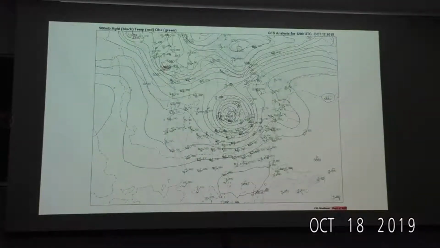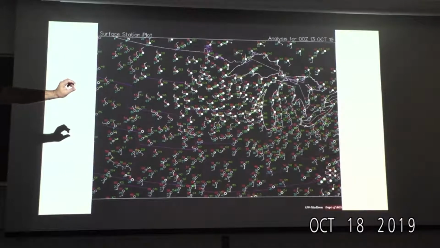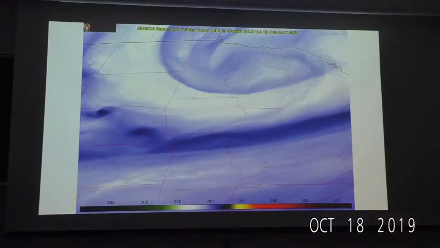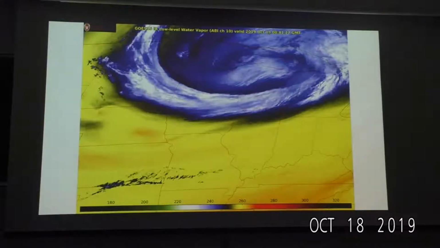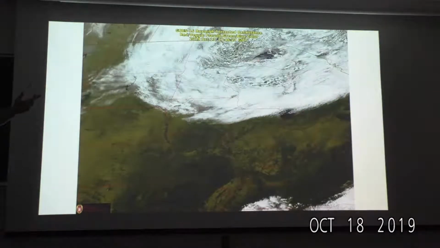So I guess this was earlier. We had this cutoff low situation. You can sort of see a streak of precipitation associated with that. Some of it was reaching the ground. This is the shot of upper level water vapor about the same time. Here's lower level water vapor, and then waiting a day, the sun came up on Sunday, and this thing was still hanging around,